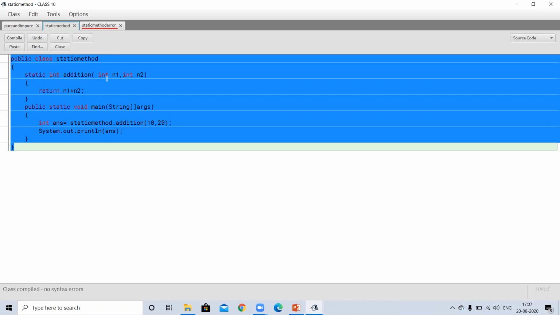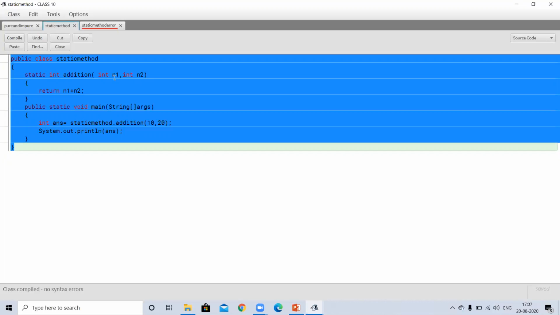And in this method, I passed two values, two parameters, n1 and n2. Both parameters are of integer type, and it will return a value also of integer type. So what I want to explain to you is that I have one static method, addition, with the keyword static.